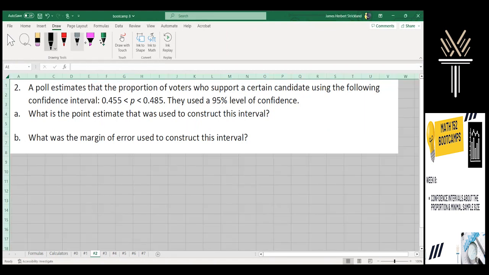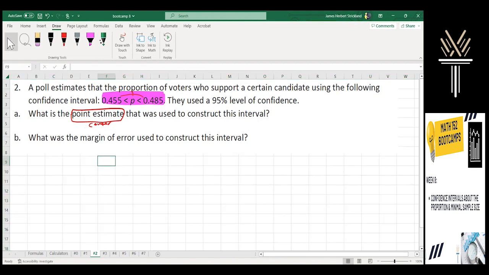So right off the bat, we can see they already did the confidence interval. They made us a confidence interval already, and we just need to interpret it. So the point estimate, that's just a fancy way of saying the center. So we need to know what the center is of these two numbers. Well, if you have two numbers and you want to find the center, that's just finding the average of the two numbers, right? So we could just simply do equals average of those two boundaries,